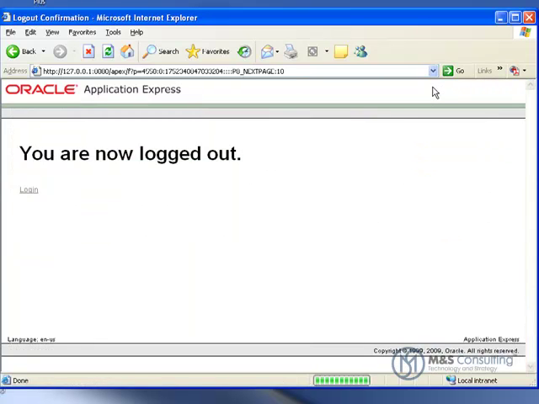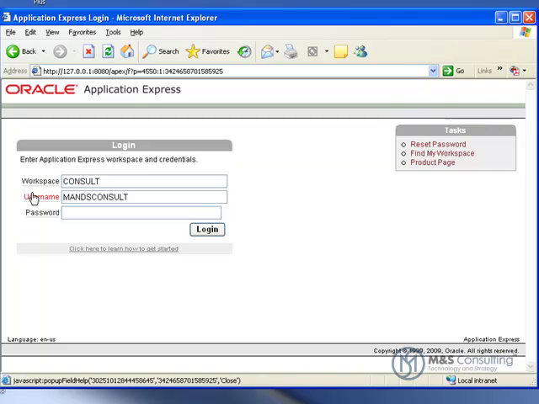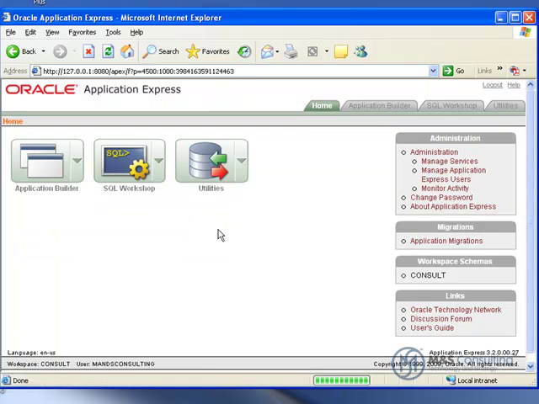So now we can log out of the Apex admin, and then we can go click Login, and that will bring us back to the normal Apex. We need to type in the workspace, which is already there from a previous job that I was working on. Do need to edit the username though and give it the password. Click Login,